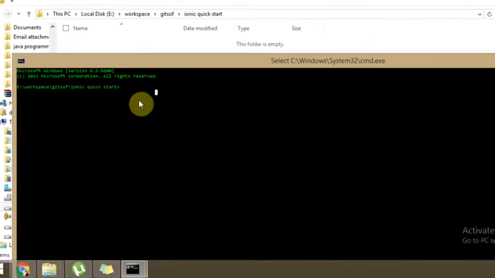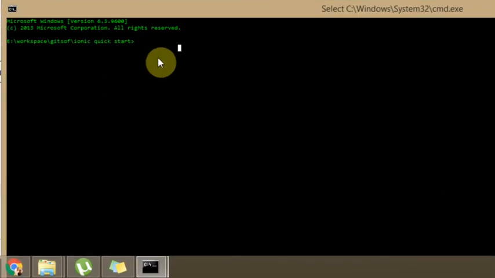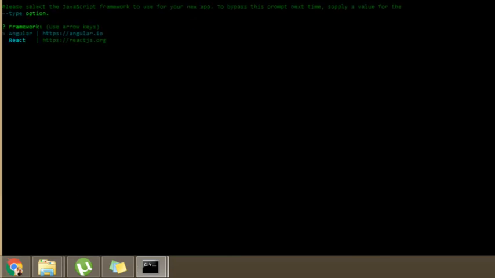So to start, I will type ionic start. It gives an option for which framework we want to use. Basically two frameworks appear: Angular and React. If you want to use React, you can use React, and if you want Angular, you can use Angular.